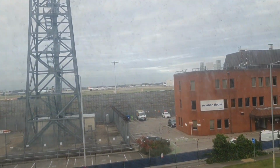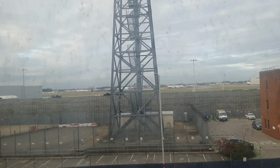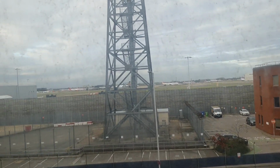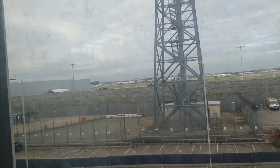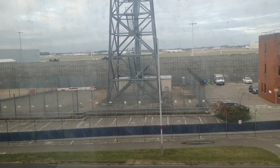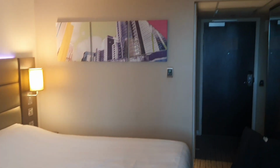So I'm on the third level here, overlooking the apron and the runway, the southern runway here at Heathrow. So what I might do in a bit, it depends, is go out here and maybe do some filming of some arrivals. I don't know. It's a bit of a unique entrance to this hotel. I don't know if I can go down there right in front, but yeah, really, five-star service